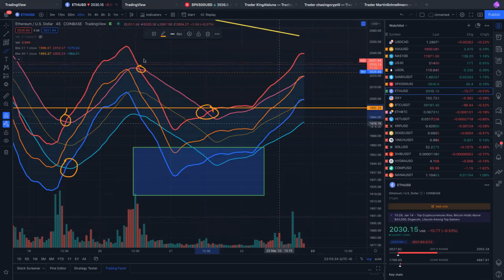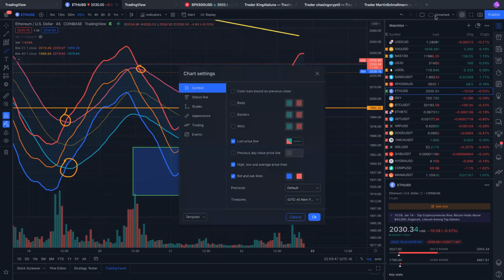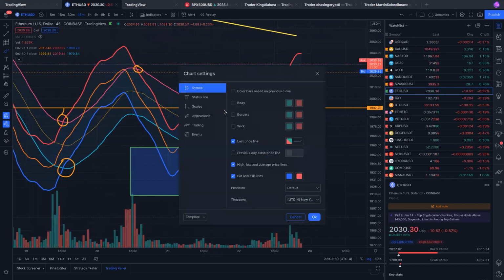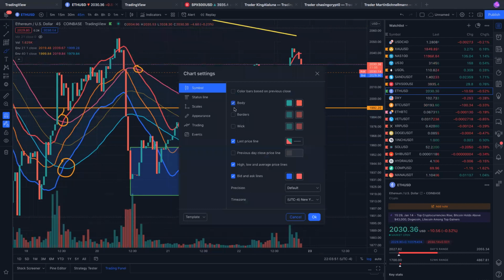And yeah, so these areas are confluence areas, right? So when I turn back on my candlesticks, you will see where price is respecting my bands or my envelopes, right? So I'm going to turn my body on, turn my borders back on, and turn my wicks back on. So as you can see right here,